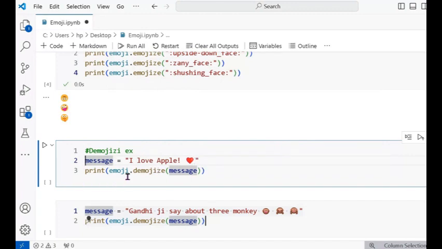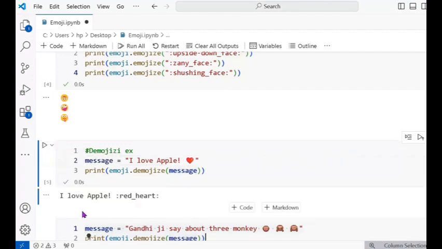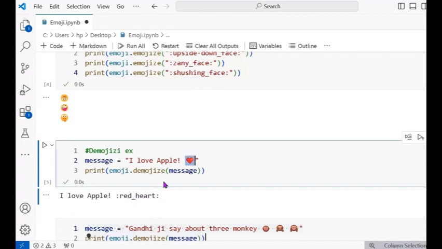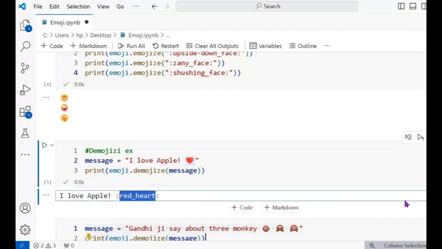Then print emoji dot demojize and pass the variable. So it gives I love apple, then red heart, because I passed the emoji. So it explains it is a red heart.